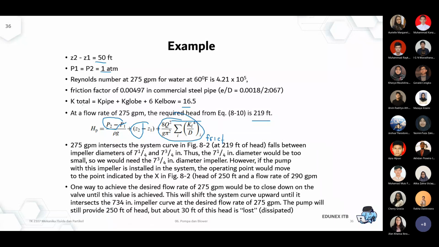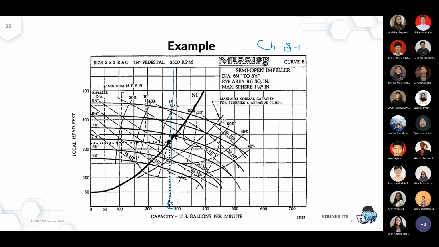Now you know that the pump has to be able to provide 219 feet of head. So by plotting this at 219,